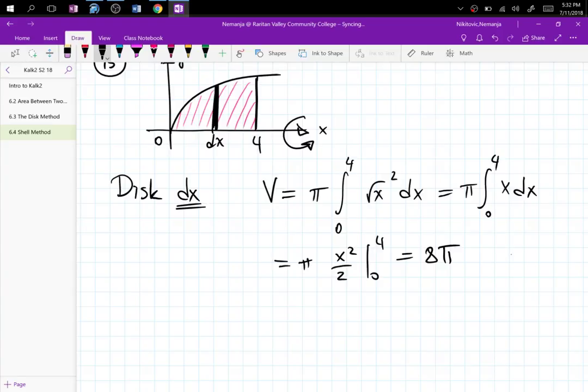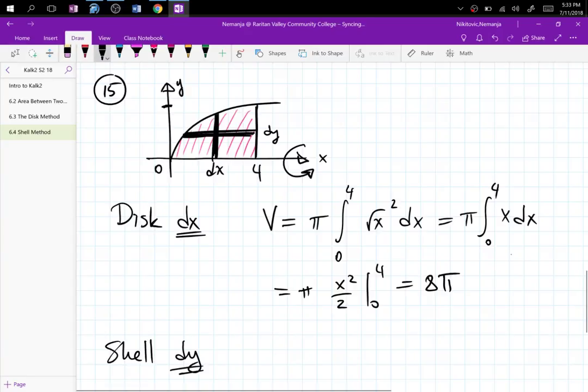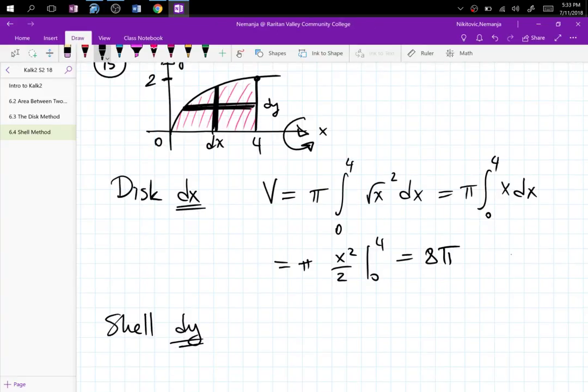Now let's do the shell method for the same problem because we can. And shell will work with the dy because the cut needs to be parallel with the axis of rotation. Now we are rotating around x, so our position function is just going to be y. And I now need to figure out what this y over here is. We'll figure it out when we compute square root of 4, which is 2. So volume is 2 pi integral 0 to 2 of y